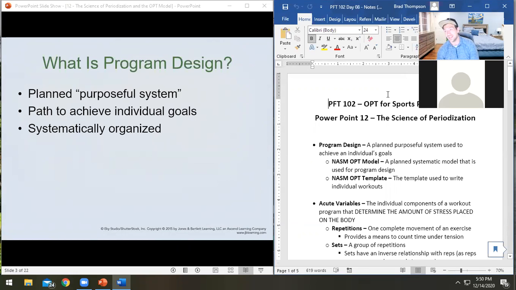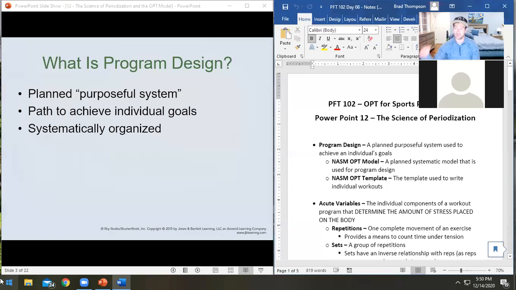But these are all the key aspects of writing an effective program, right? This is all what comes together to make a purposeful program design. When you're choosing a program for a client and you're writing something for someone, you want to make sure that you have a reason why you are picking every single thing that you're picking. So these are the ways that we're going to achieve certain physiologic outcomes. And all of it is very systematically organized. It's all designed to build up to a peak so that you can reset that,